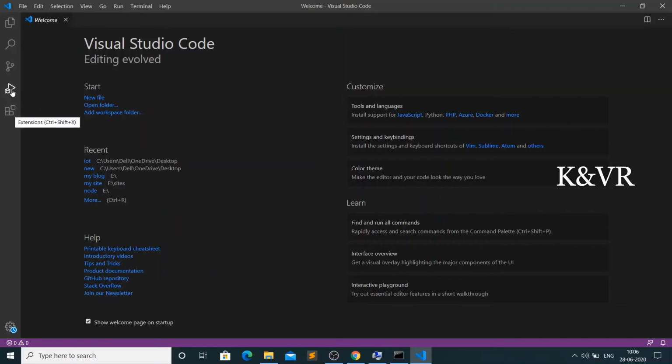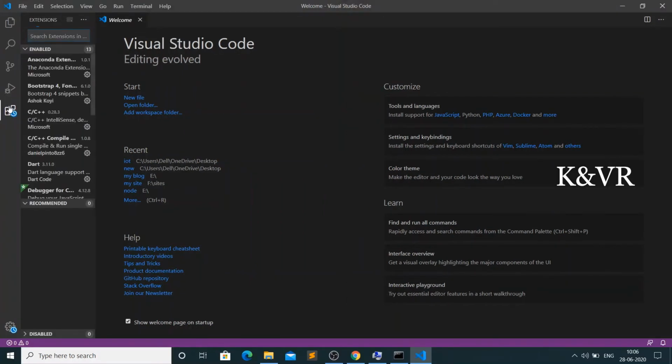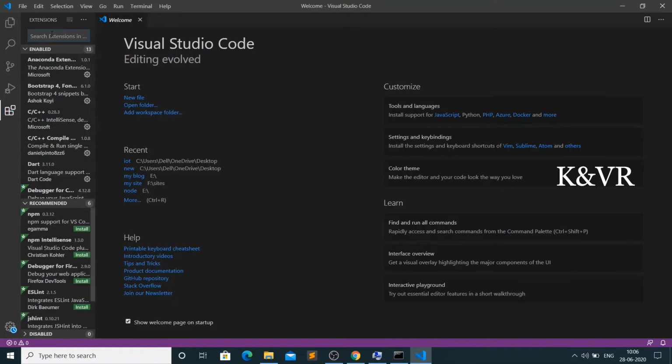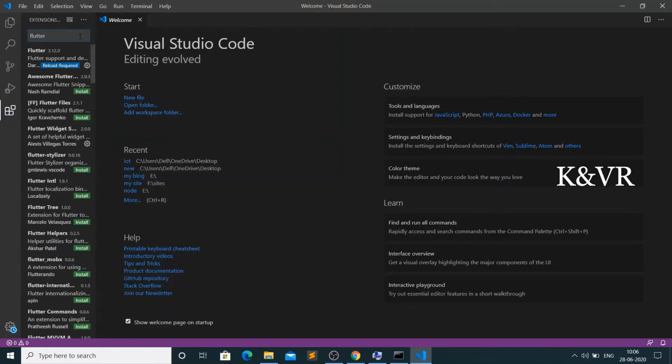Go to the search bar, not search bar, sorry. Go to extensions here and type Flutter. I suggest you connect to Wi-Fi or mobile net, and then you can definitely install.